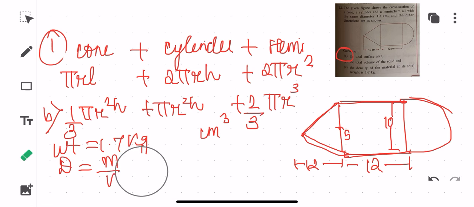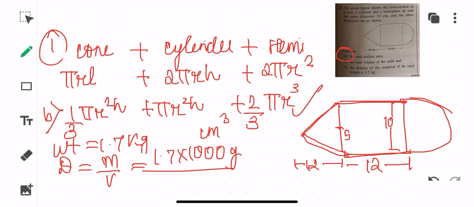I'll see what is the answer that has been given in your textbook. So the answer in your textbook has been given in gram per centimeter cube. So what you will be doing, this mass which is there, children, 1.7, you will be multiplying by 1000 to get in grams. Okay, so this is grams, and volume you are calculating from the second sub question. So you just divide this and you will get the answer.